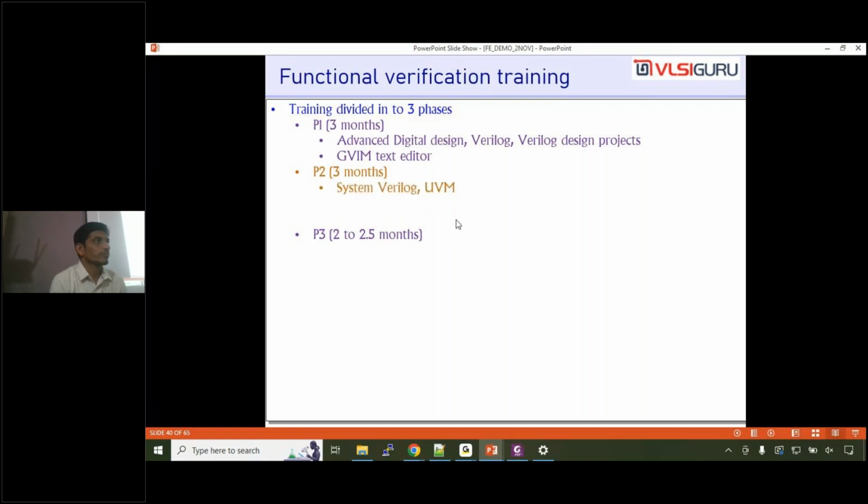In phase 2, we do SystemVerilog and UVM. Also, we do Linux commands and soft skill training. Placement support starts after 5.5 months of the training, or 6 months, I would say. So if you are good, you can get placement support after SystemVerilog itself. Just to give you a comparison,